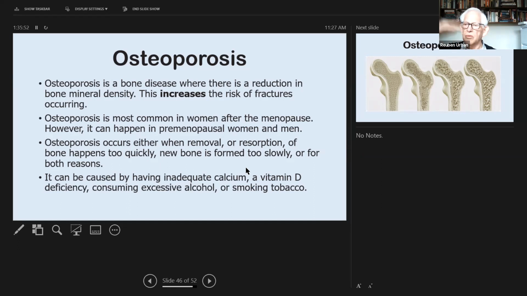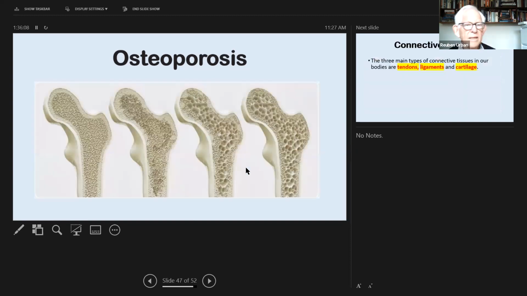As the little girl grows older and gets heavier, the femur, the big bone, bends. So they look like the legs are bowed. So here's what osteoporosis looks like. The left diagram is a normal one. Then over time, it loses a lot of calcium and becomes thinner and more frail.